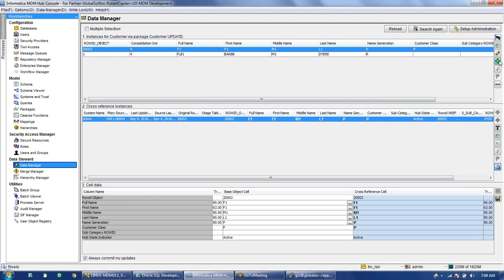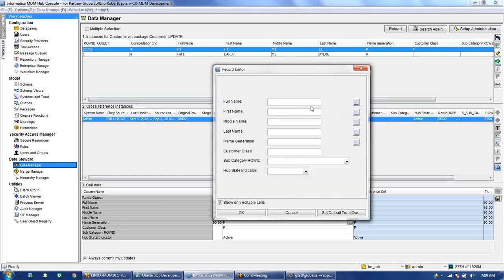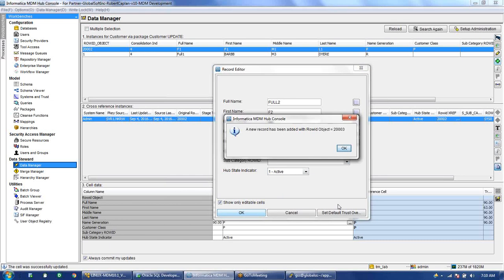Here we'll add a new record. So here I am adding a new record, and once you click on OK, it will give me the row ID object. The row ID object is 20003, which has been created.